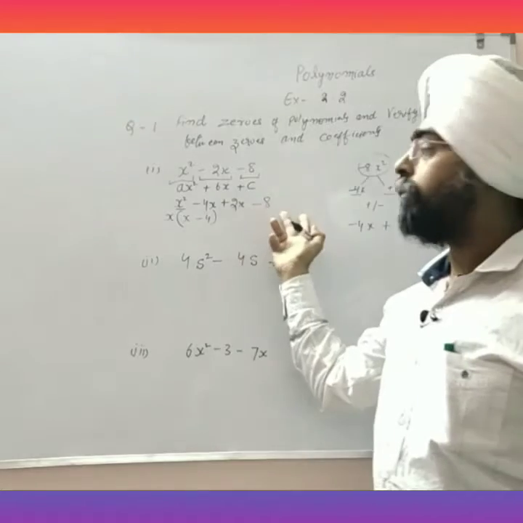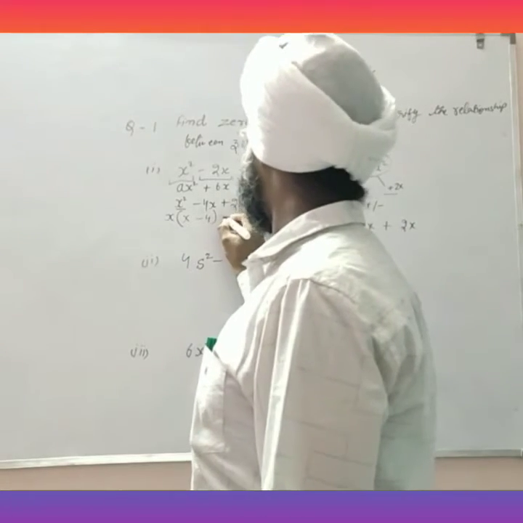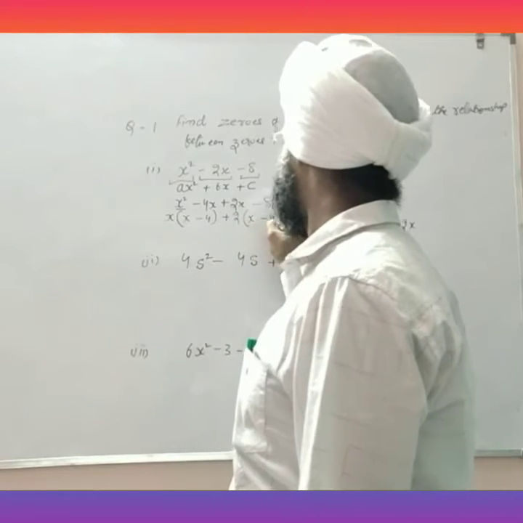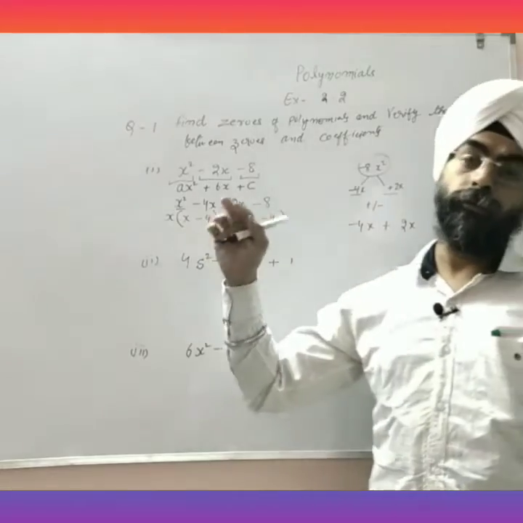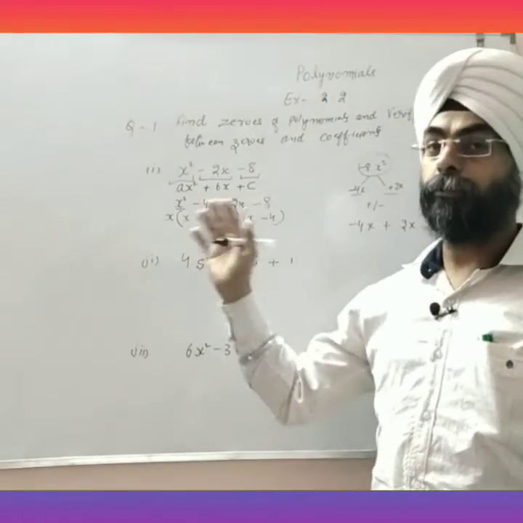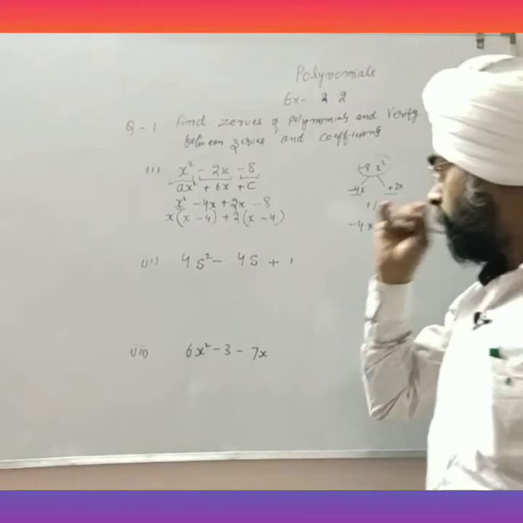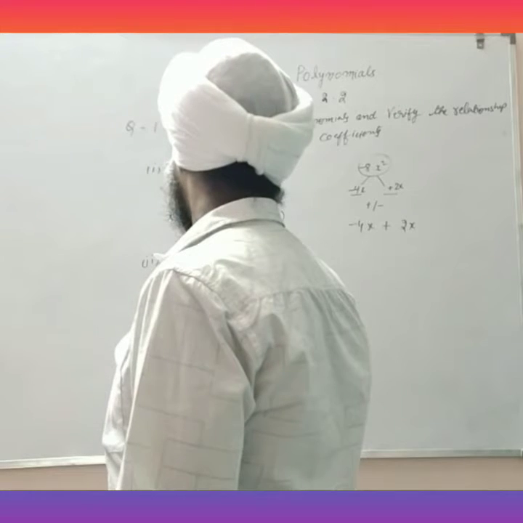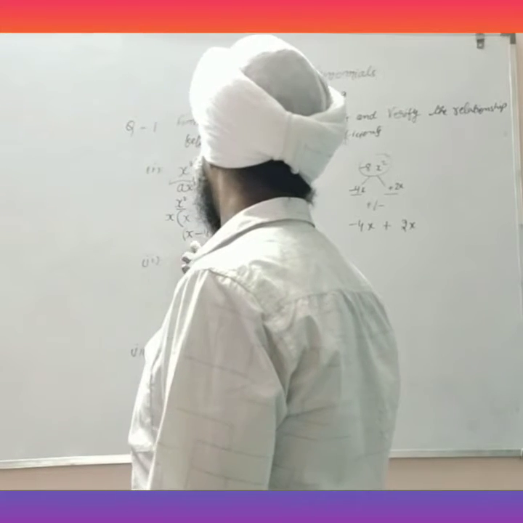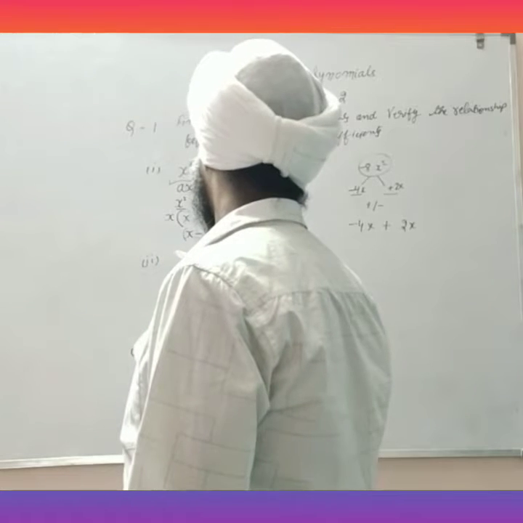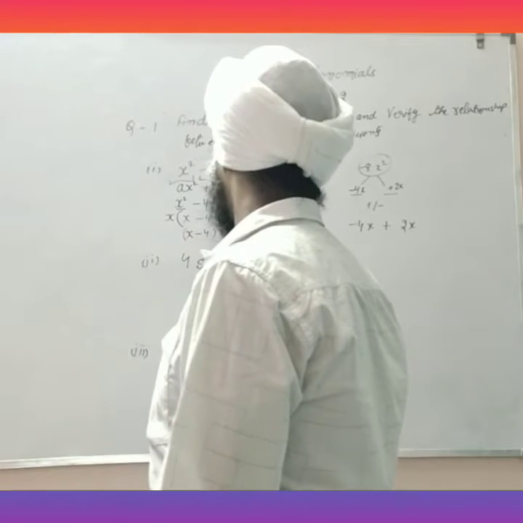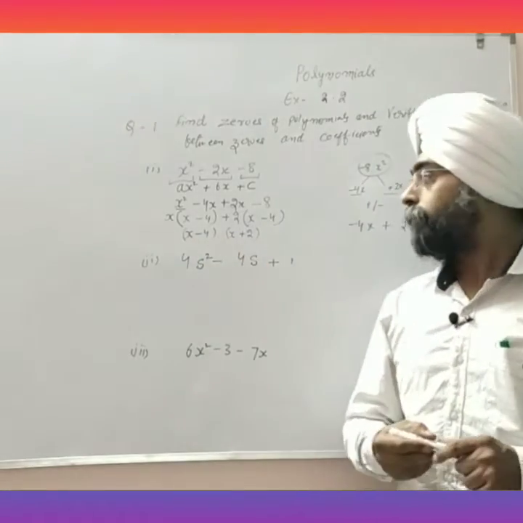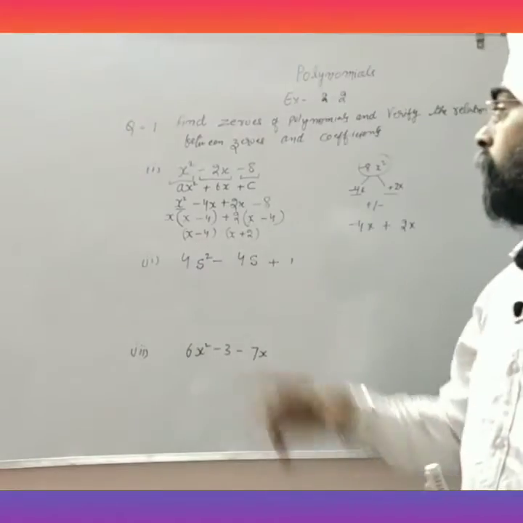In the last two terms, I have to take the common digit. That common term is plus 2, and again x minus 4. These two brackets will always come the same whenever you adopt the right method and there is no mistake. The third step is, this bracket is written one time, and x plus 2 together in the second bracket. Now x minus 4 and x plus 2 are both the factors of this